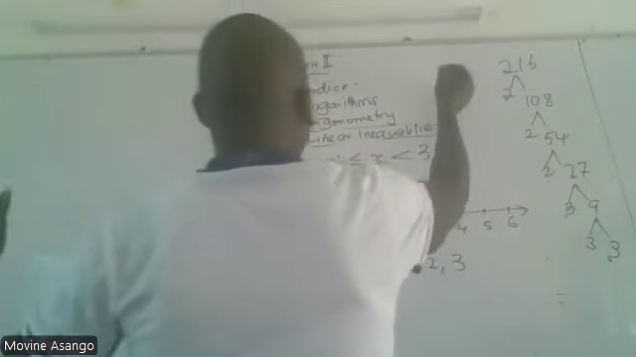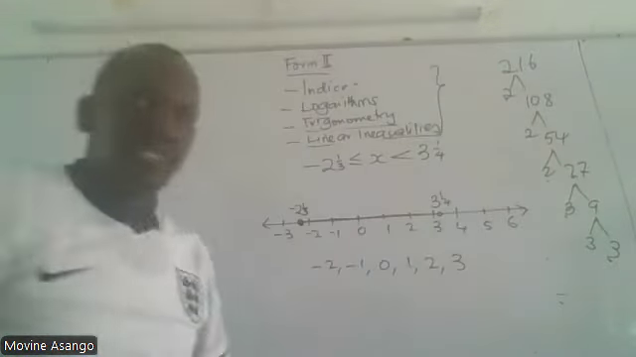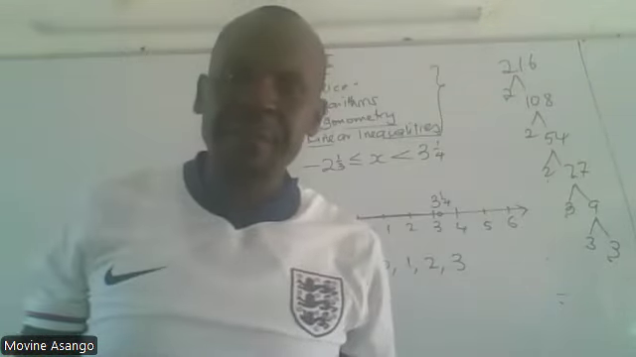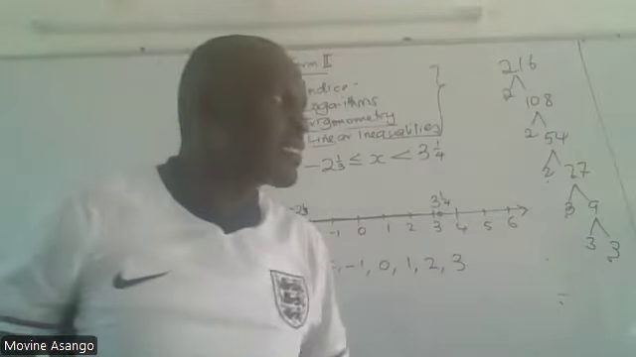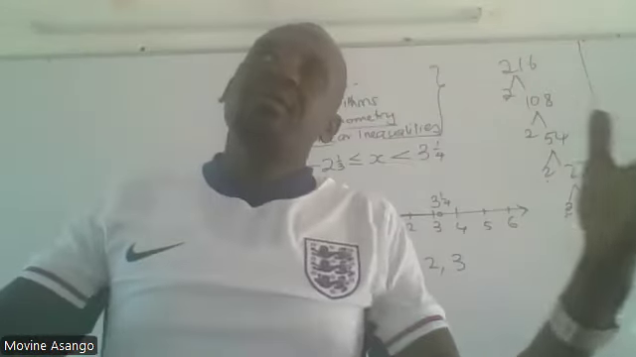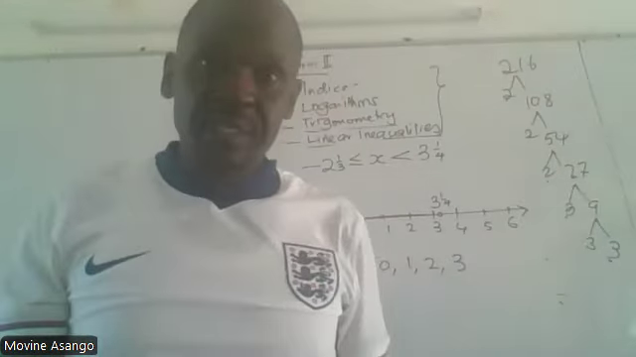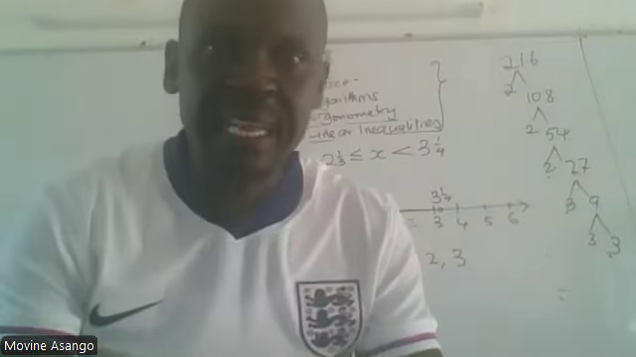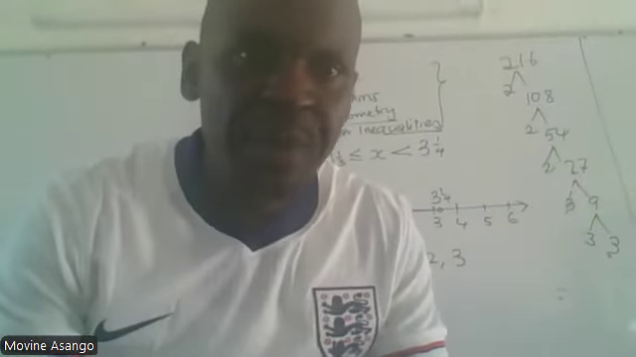There are other areas of Form 2, such as enlargement and similarity. There are other areas such as symmetry and all that. Can I get a question from Willie